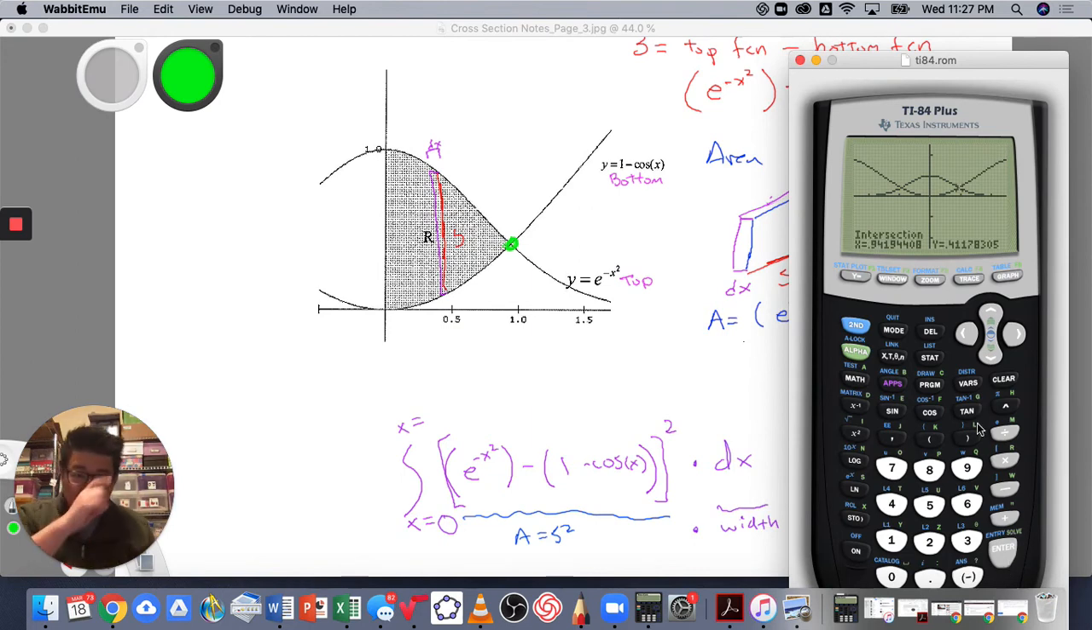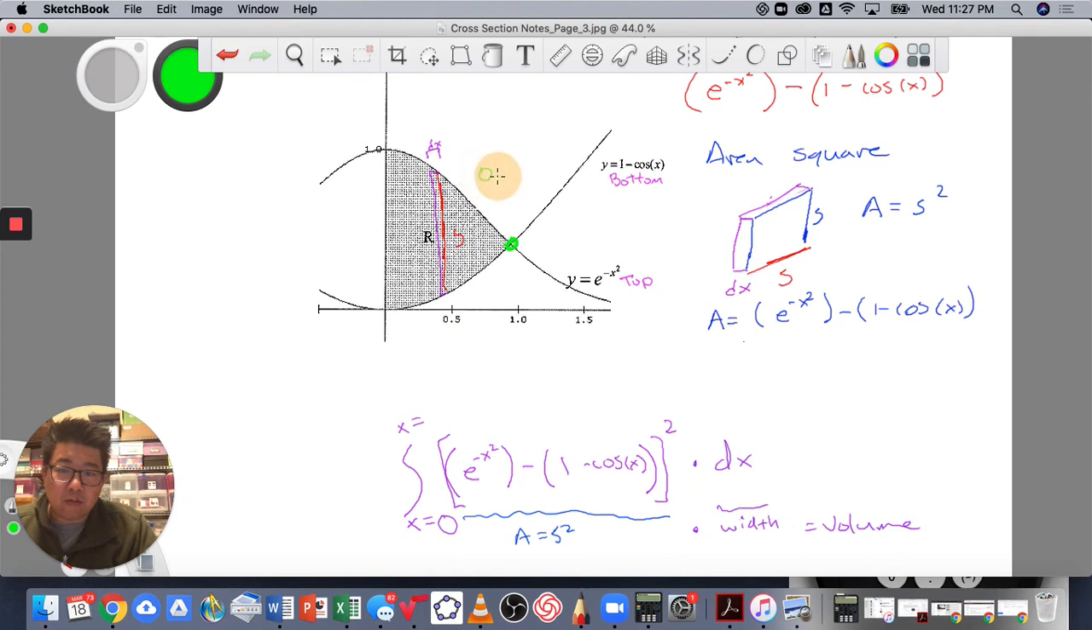So figuring that out, we got 0.94194408, comma 0.41178305. Okay, so we don't actually need this one right here. That's going to be if we were doing it in the cross sections were perpendicular to the y-axis. We just need the x value. So this will be